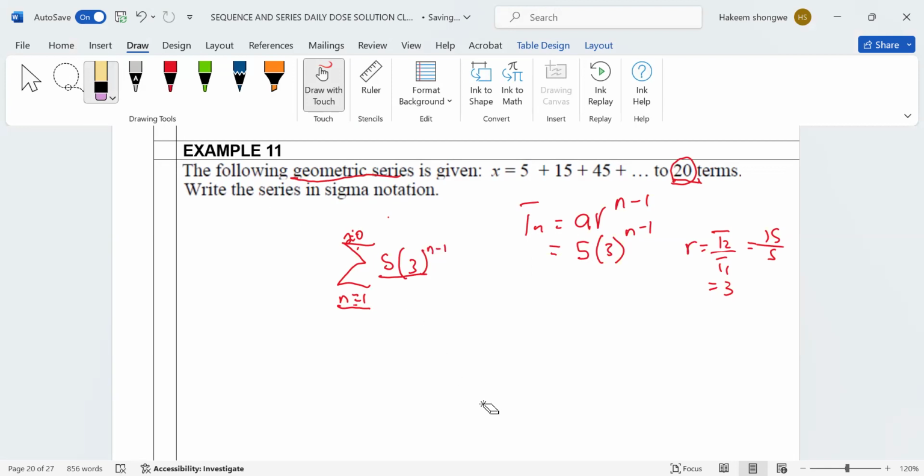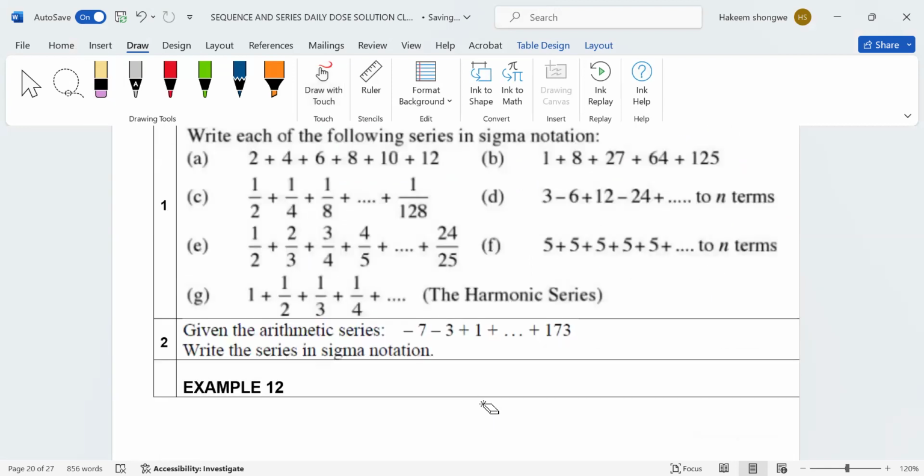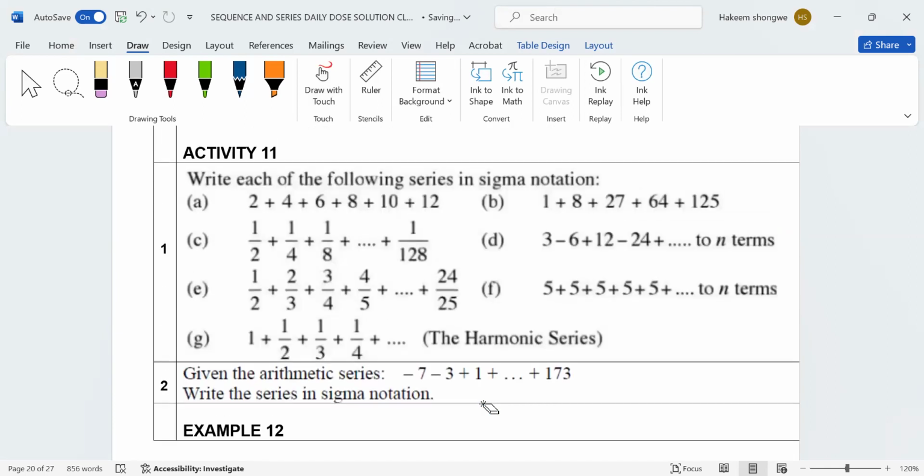So as an activity, we have the following. Let's not do all of them, let's just sample. Let's do number A, number B, number D, number 2, and 1, 2, 3, and this one, number 5. Do it in your class books. Basically, you're supposed to do all of